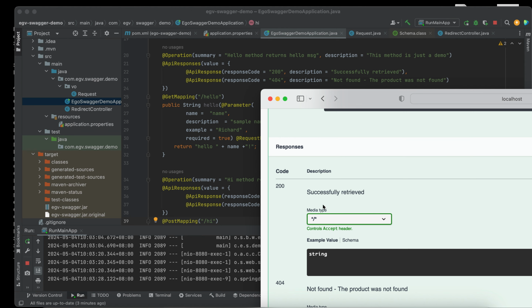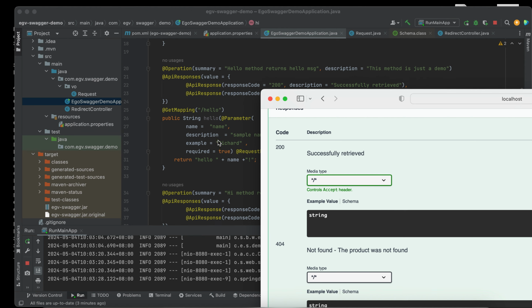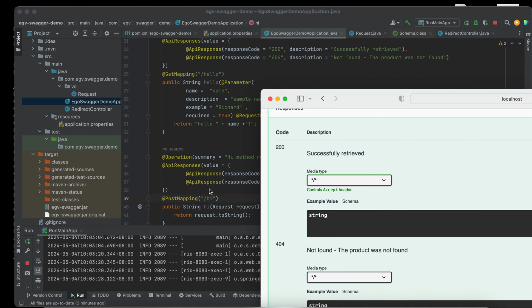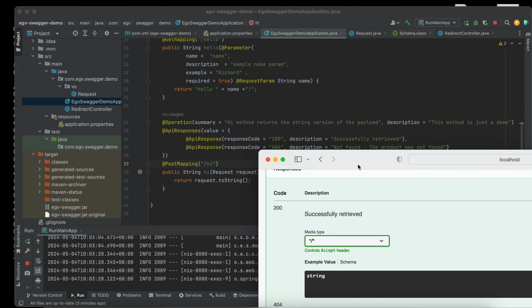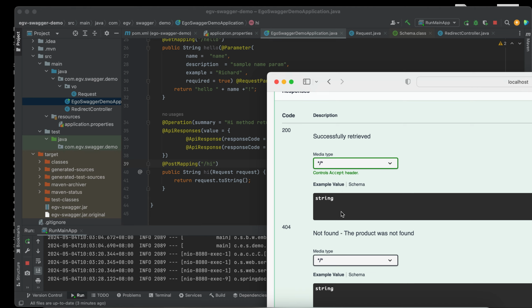The response code is 200 with its description, and 404 with the description for the 404 code. Then for the parameter, if we use an object parameter, we use a schema, just like I showed you earlier.